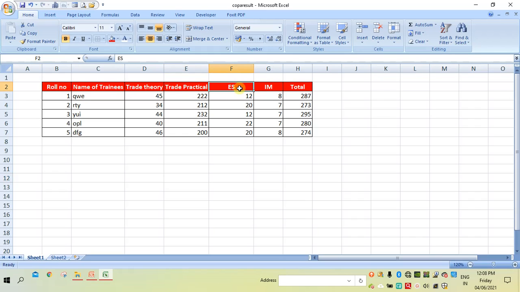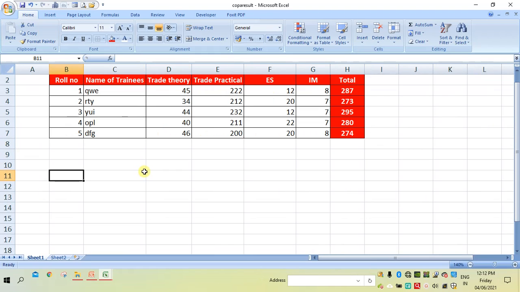So I'll click here, then I will click on this button. Now the cursor will change with some brush. Then you apply by selecting this entire column. So now you can observe this is the same format as the selected cell. This way we can apply the format painter.